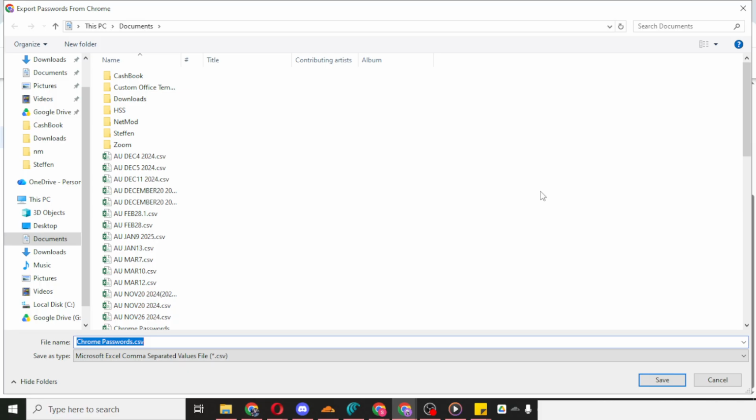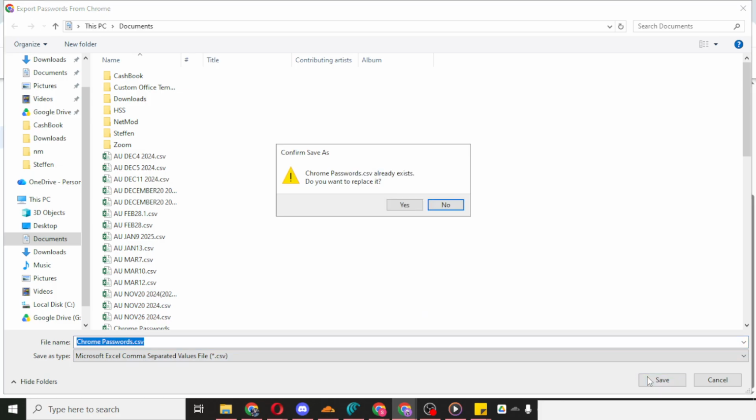Open Chrome, go to the three-dot menu, enter Settings. Open Password Manager through Autofill and Passwords. Click Settings on the left, and then use Export Passwords to download your file. If you're doing this to recover important login details, take your time and handle the exported file carefully to keep your accounts protected.